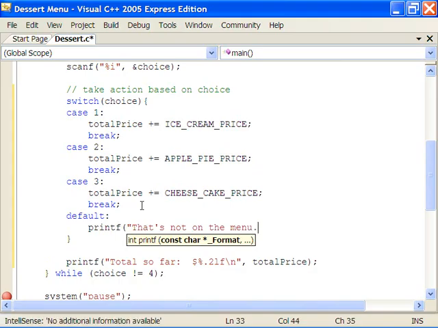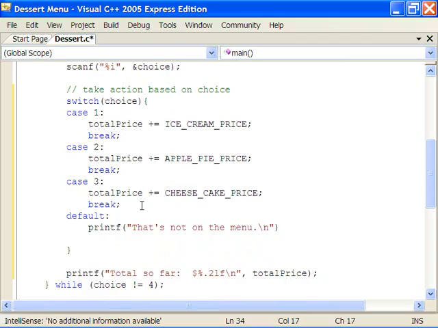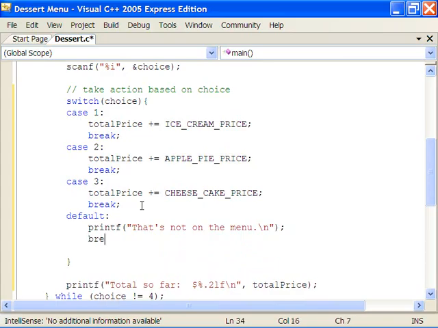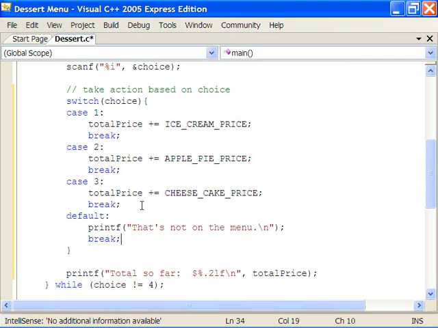So this is an error condition, and remember the semicolon at the end. A break statement in the default case doesn't really do anything because the switch would have been over anyway, but it's a good convention to do that. Total price so far is total price. So this is still inside the loop,